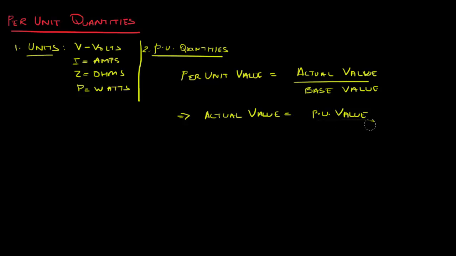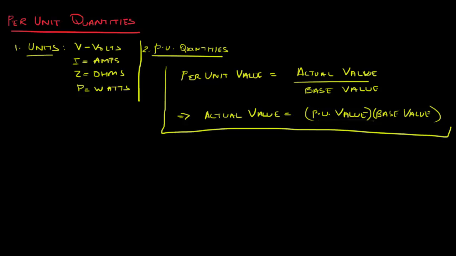It'll obviously not be divided, it'll be multiplied to the base value, right? These are the two formulas I would like you to remember for the rest of our discussion on per unit